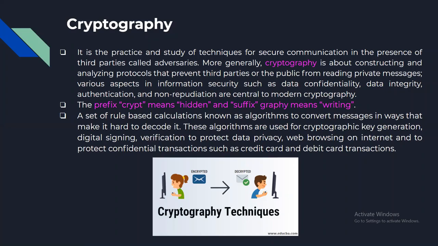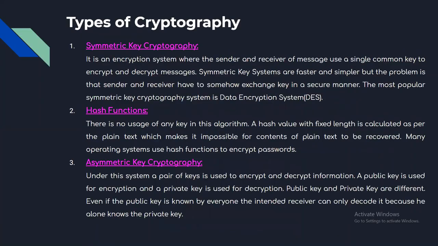So these algorithms are used for cryptographic key generation, digital signing, and verification, and these protect data privacy, web browsing on the internet, and all kinds of confidential transactions. Those could be credit card transactions, debit card transactions, etc. As we can see in this picture, it goes from the encrypted data to the decrypted data. Then there are some types of cryptography: symmetric key cryptography, hash functions, and